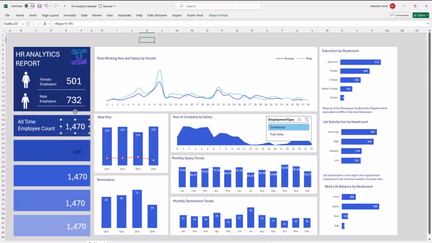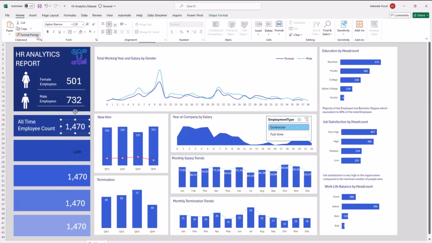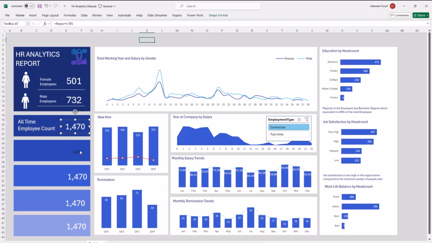Click on this, go to home, do a Format Painter on it, and copy the text down. So this one is going to be current employee head count.